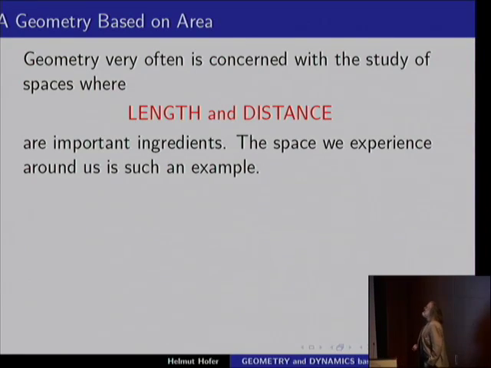Okay, so now let me talk about the geometry associated to area rather than what we all know. So let's start with what we know. So we are all living in this three-dimensional world. At least that is what we experience. There might be more dimensions, but we experience 3 dimensions. For us, it's very important to talk about distances, a length of a curve. So we are very accustomed to a geometry, which means exploring the space, but controlling at the same time additional structures we have, like being able to talk about the distance between 2 points.